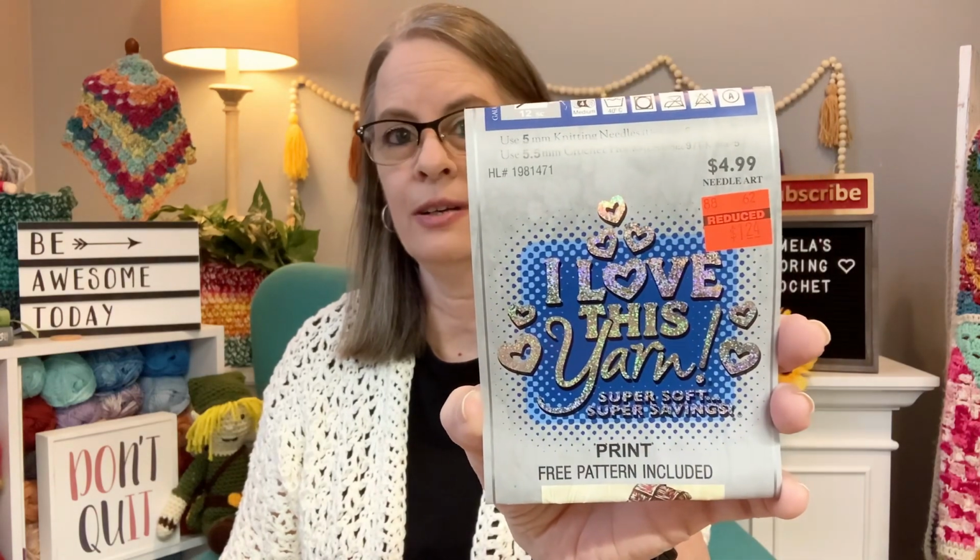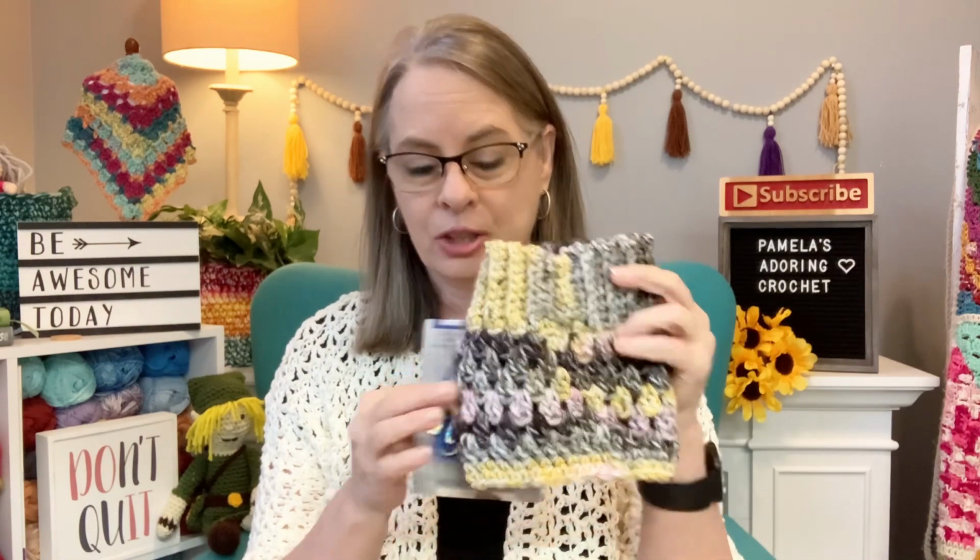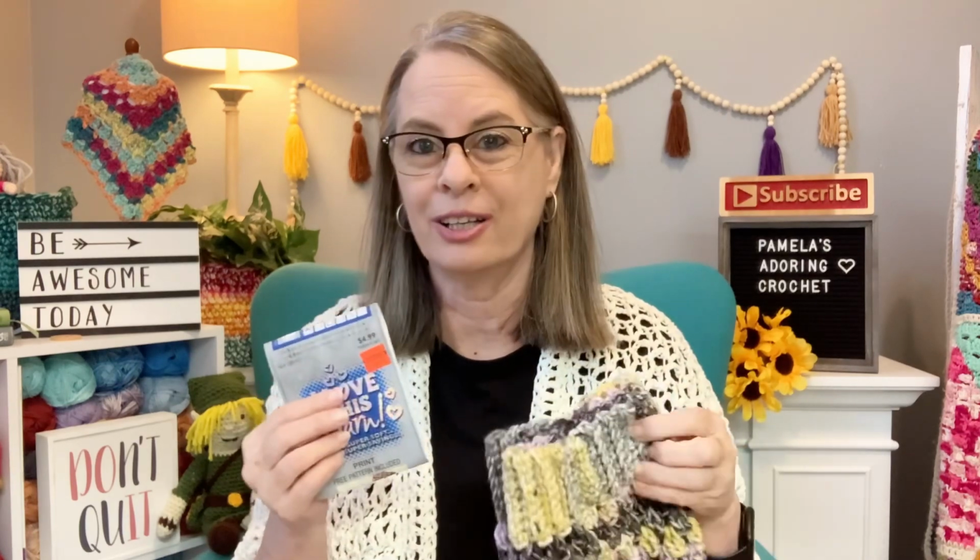The yarn that I'm using for this is some yarn that I got from Hobby Lobby off their clearance earlier this year. This is the I Love This yarn. I only bought 3 of these. If I'd known I was going to like this color this much, because I would like to have a set of this myself, I would have bought like 6 of these. But I had no idea that I was going to like this colorway so much. But after I started working with it, I was like, oh my gosh, I love that. It's called Stone's Throw. It's 252 yards, 100% acrylic. Stone's Throw. I love this yarn. It was regular $4.99. I paid $1.24. So, for this whole project that I'm fixing to show you, I paid